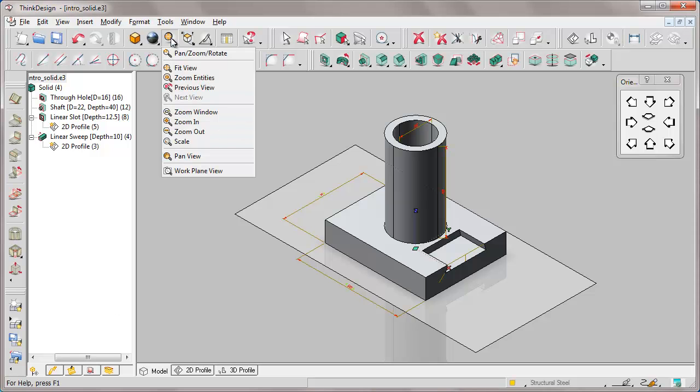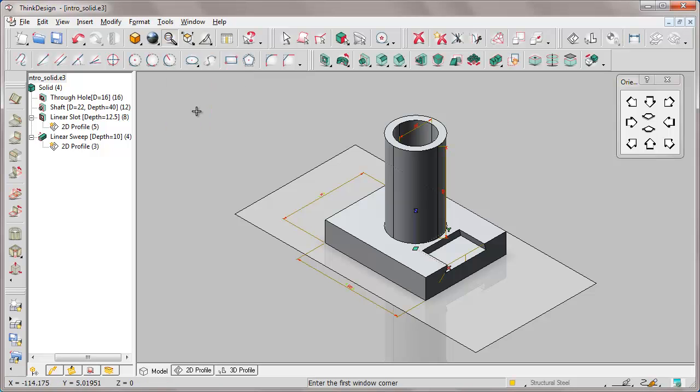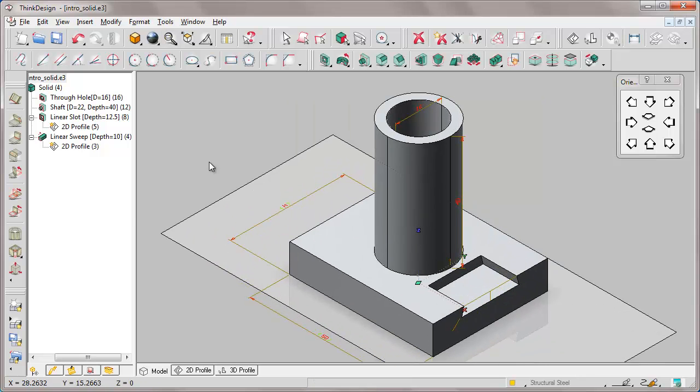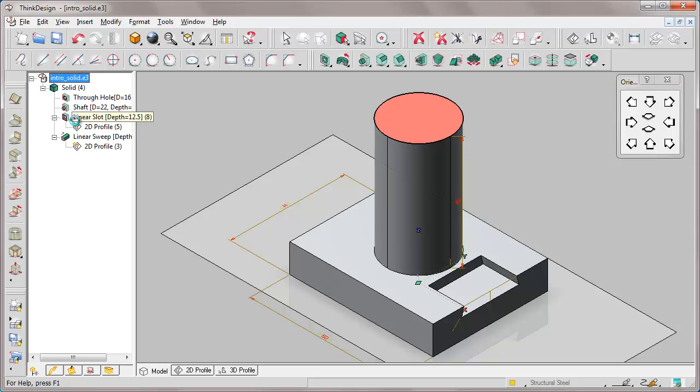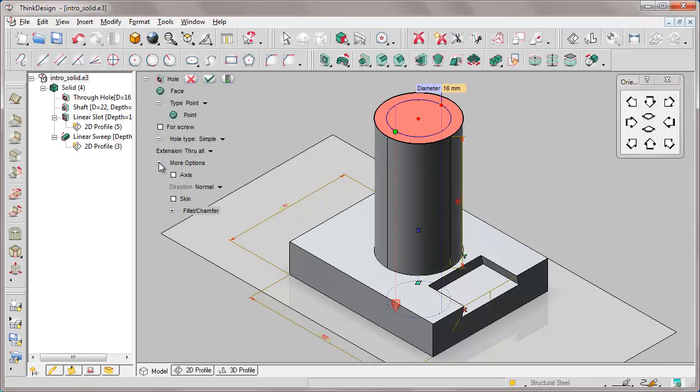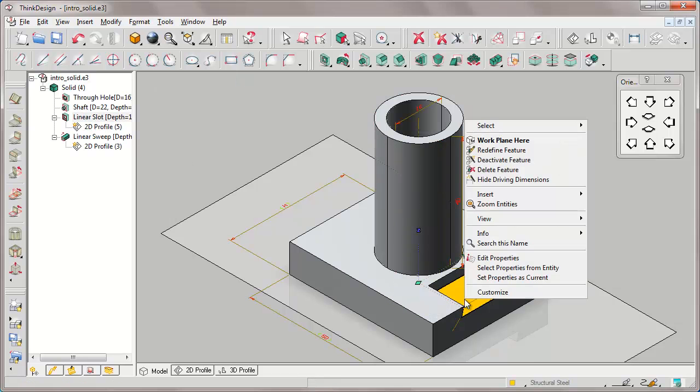Let's begin by modeling our parametric solid. Let's zoom to work on the detail. First of all, we redefine the feature of the central hole. This is because we forgot to enable the visualization of the central axis. Therefore, at any time we can redefine our feature to change an existing setting.